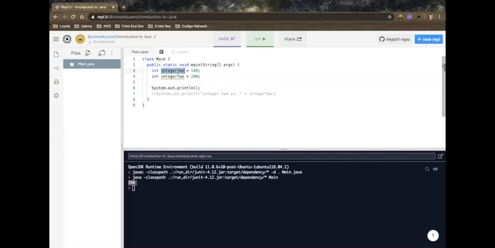All you need to do is specify what you want to subtract from, then the minus sign, and then specify what you want to subtract by. In this case, we're taking integer 1 and subtracting from it the value of integer 2. In other words, we're taking the value of integer 1, which is 100, and subtracting 200. So this should give us the value of 100 minus 200,